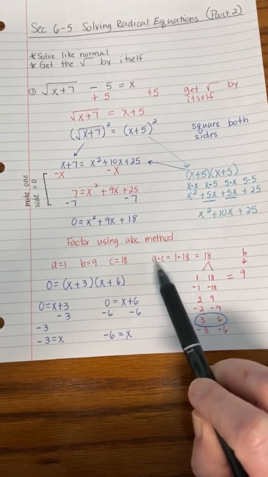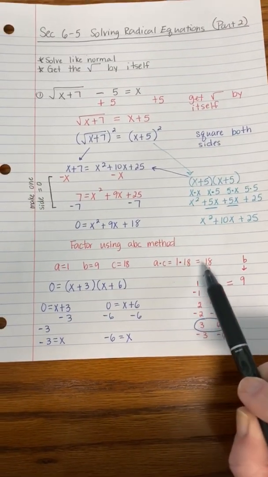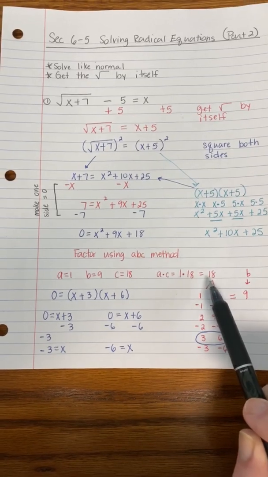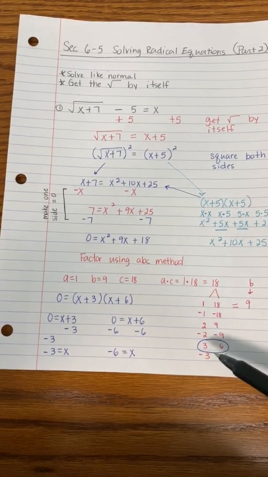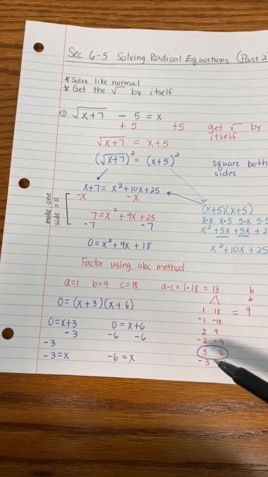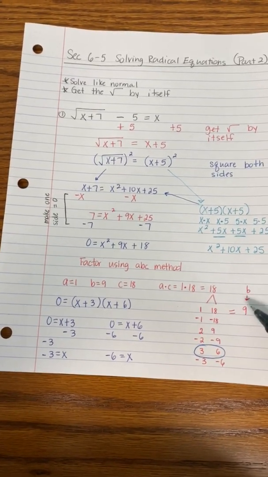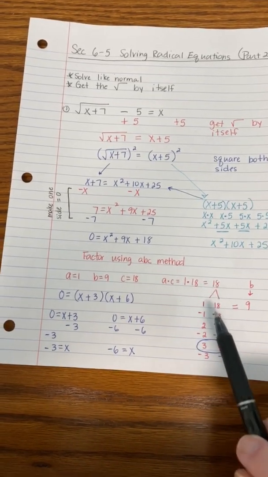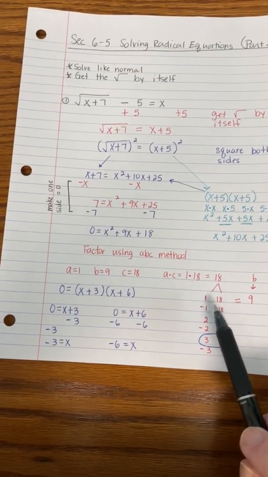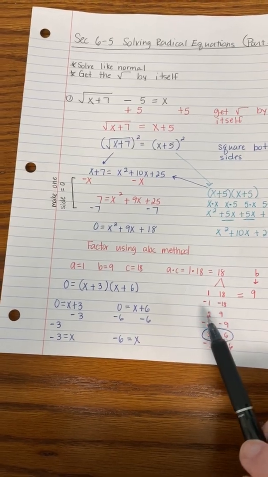All right, then you want to take a times c. So 1 times 18, which is 18. I listed all the factors of 18 just so that we can remember how to do that. But you want to find the right combination that also adds up to give you the b term, which is 9. So to get positive 18, I can do 1 and 18,